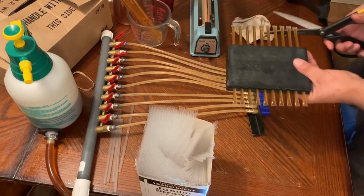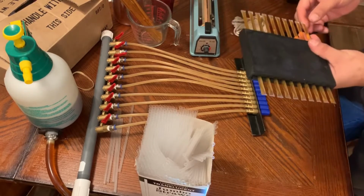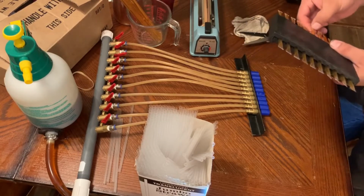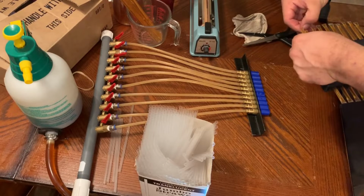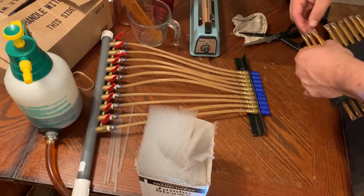And these are peeling pretty good, so I didn't even need the scissors. But yeah, just go ahead and do that. Better if you have your sealer set correctly, and you won't even have to deal very much with this. You have a few, but not very many. And then all you gotta do is, once you're done peeling off all the plastic on the ends of your straws,